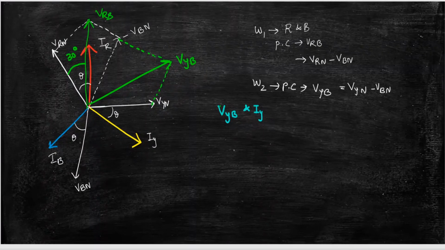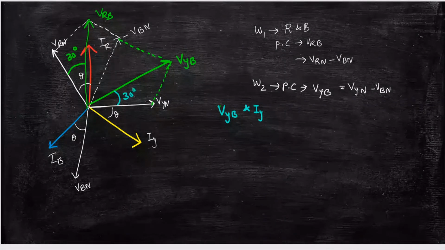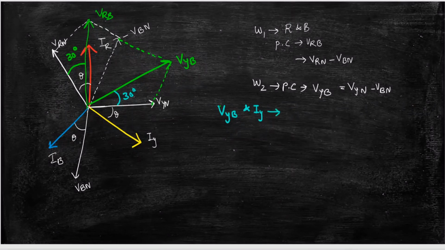This is 30. I will tell you how we got this 30. So what is the angle between these two? It is 30 degrees plus theta. 30 degrees plus theta. Similarly, VRB